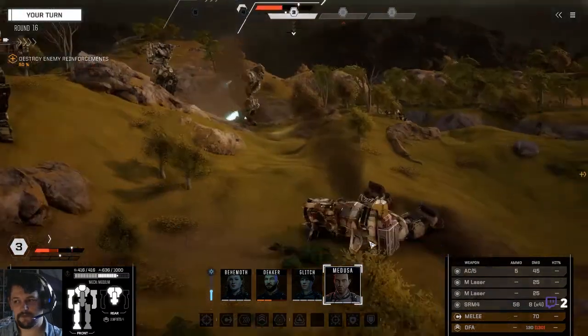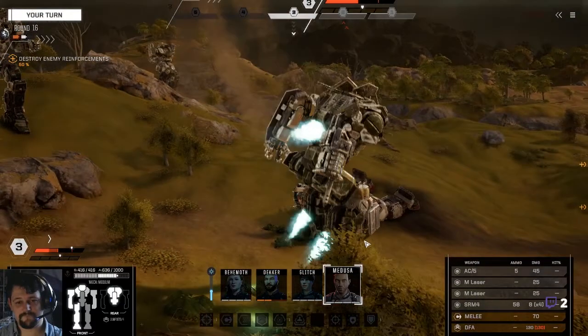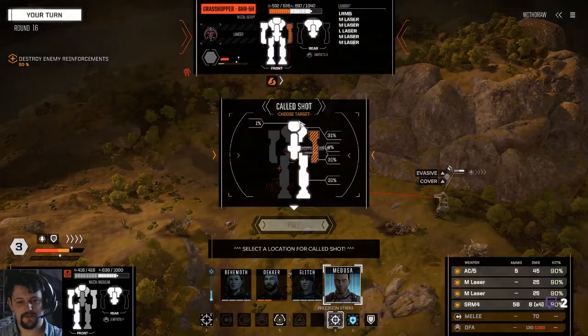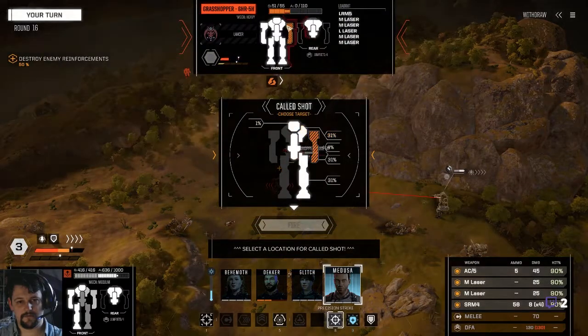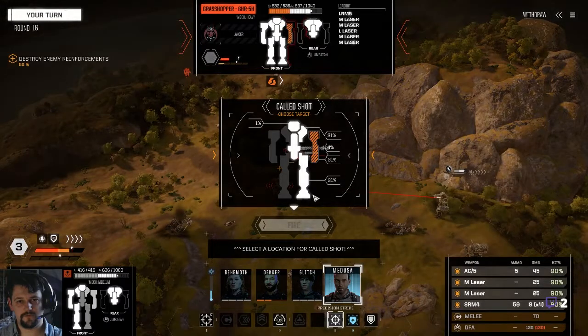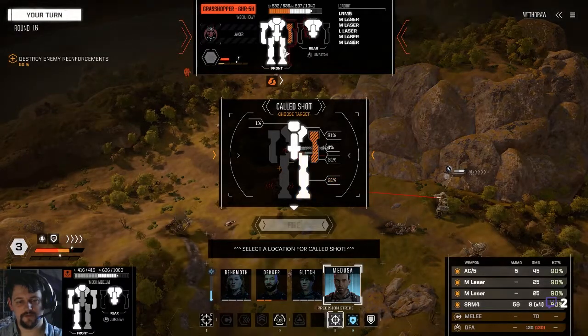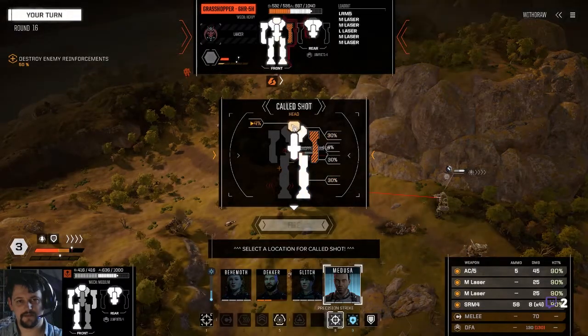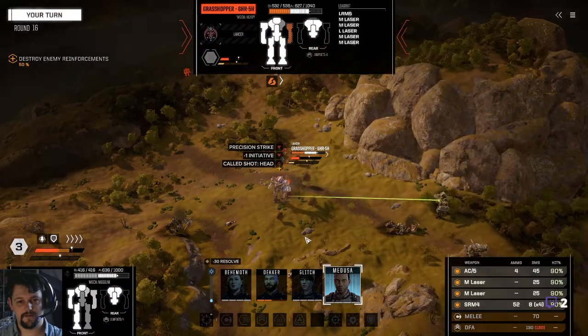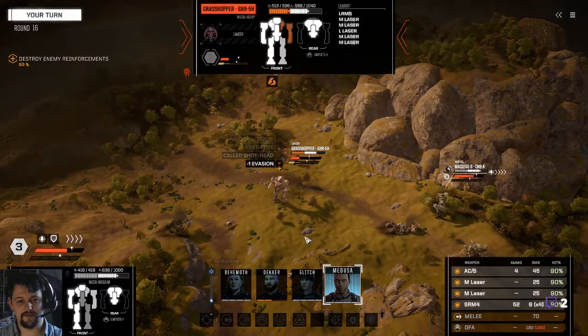Right. Let's see if we can... Left arm's only got a medium laser on it. It's the legs, like, head. Oh, let's go for the head, why not? Highly unlikely we're going to hit the head, particularly at that angle, but...